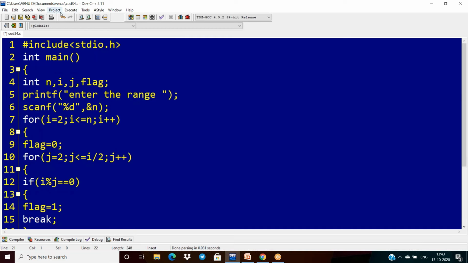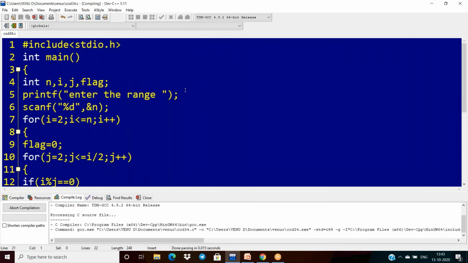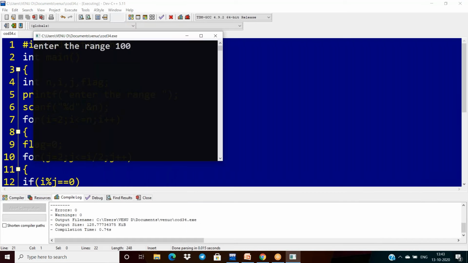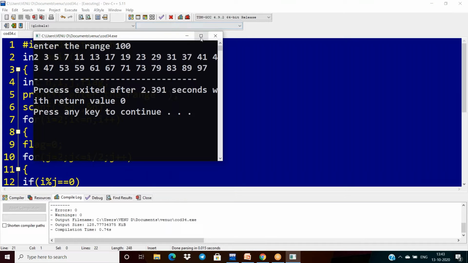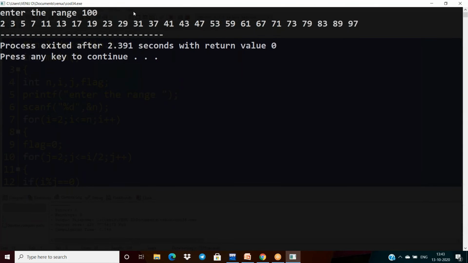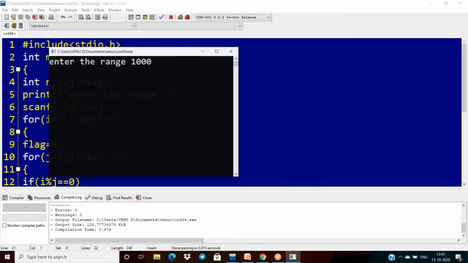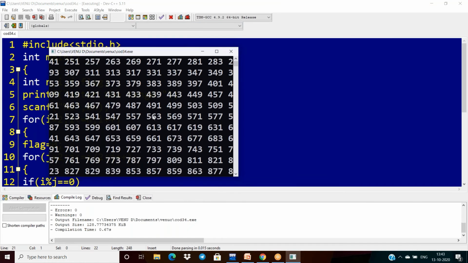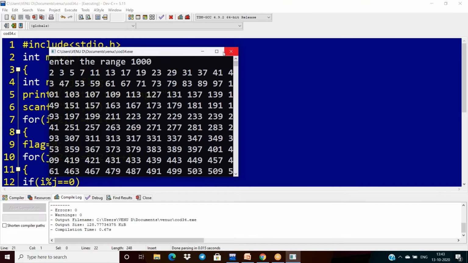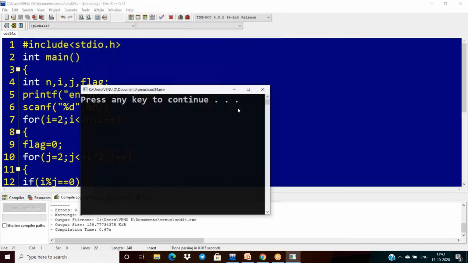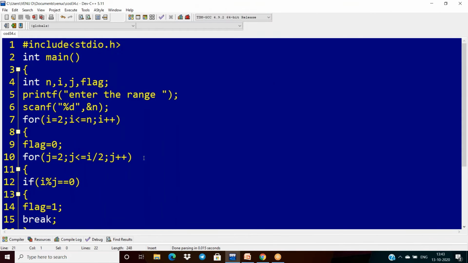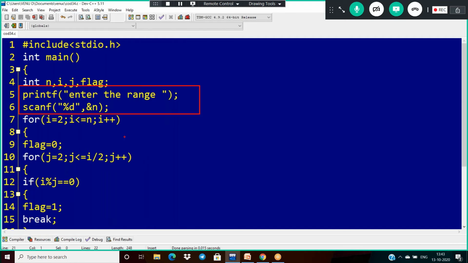Okay. So now first of all verify this code, whether it works correctly or not. I'm giving 100. So now all these are my prime numbers. Okay, anyway, I have to verify for the next input. Now I have to explain this code here. See, in this scenario, your n will become the range. So that is why I have to print prime numbers from 2 to n.